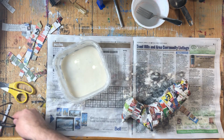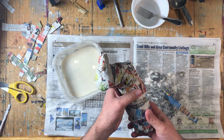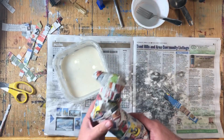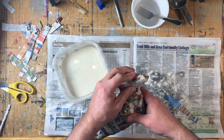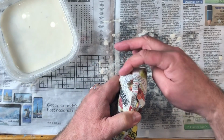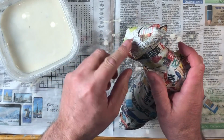Okay, so I've put a second and a third layer on there, and it's hard now. It's really hard. I put it in the oven for about 10 minutes at 250, so it's really quite hard. I don't know if you can notice here on the head, but the head has a bit of a slant